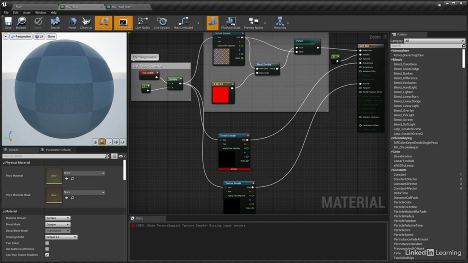Diving straight into solving the problems that we outlined at the conclusion of our previous exercise then, let's first of all extend the usability of our roughness control by adding the option of altering its settings via a colour value. With our master material open for editing then,